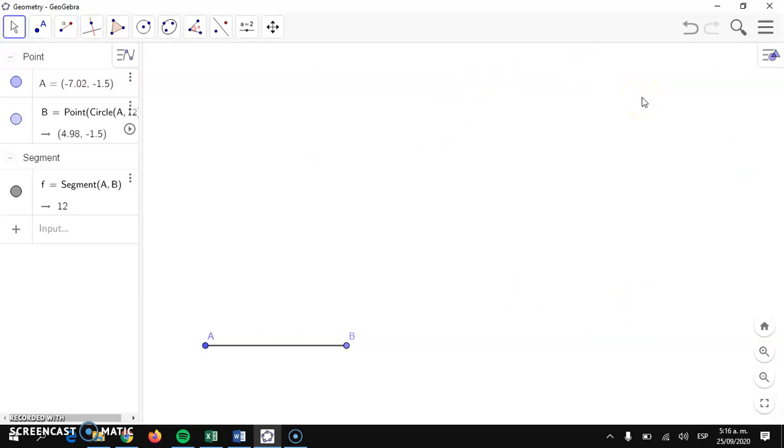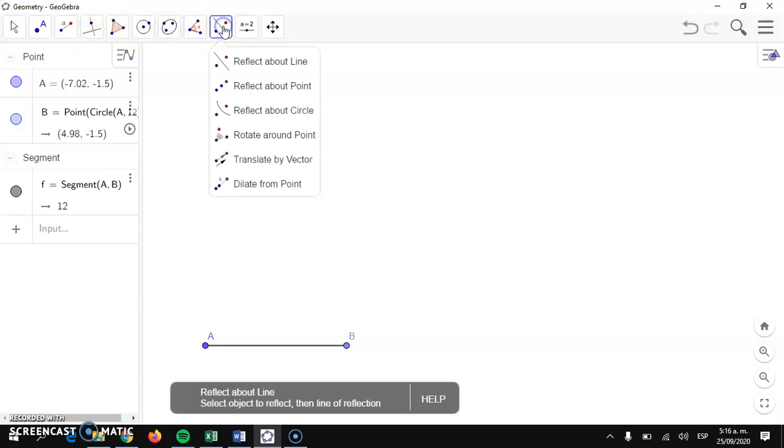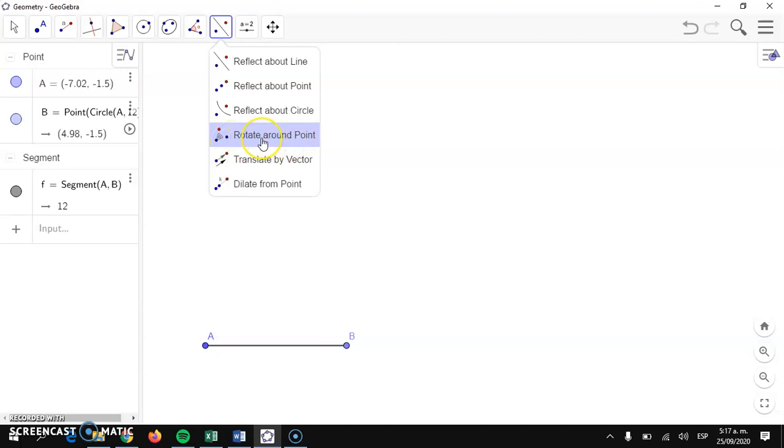And next thing that I'm going to do is to go again to these buttons, and I'm going to go to the first one, second. Okay, 1, 2, 3, 4, 5, 6, 7, 8, 9. In this one, that has the options reflect about line and so on. The options and the translation are different in Spanish, but the one that I'm interested in is this one that is called rotate around point. I'm going to hit this one,